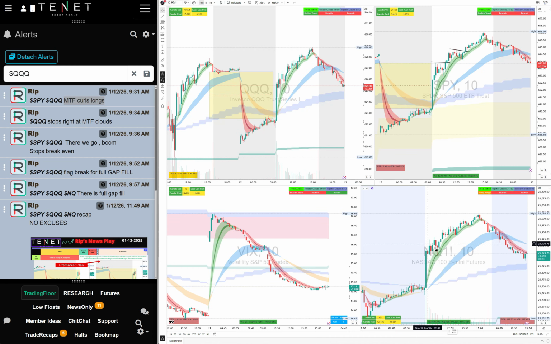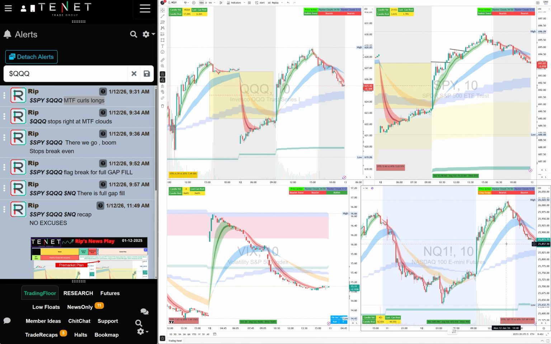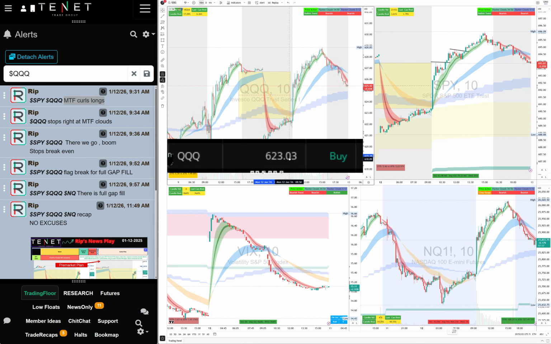They're not waiting for me to tell them, but this is for the new traders that I guide and teach. You can see that NASDAQ futures as well pushed right from the pre-market high, another confirmation, and it was a long. So let's take a look here. You can see that I was long at 623 right here. I was risking 50 to 60 cents on that, and by end of the day I got over $5 per share profit on that QQQ long.